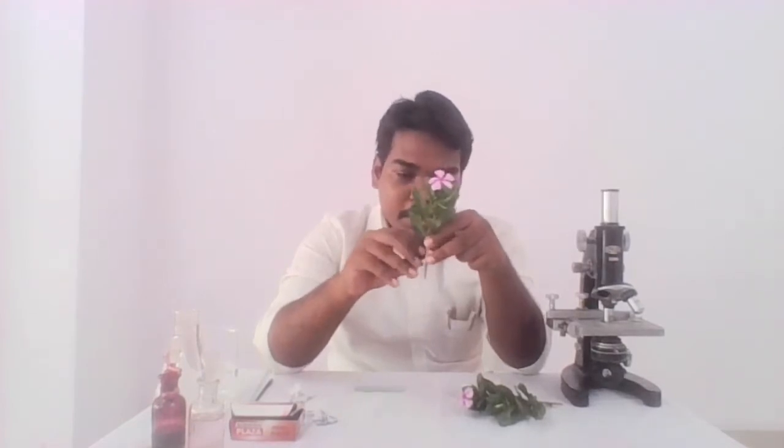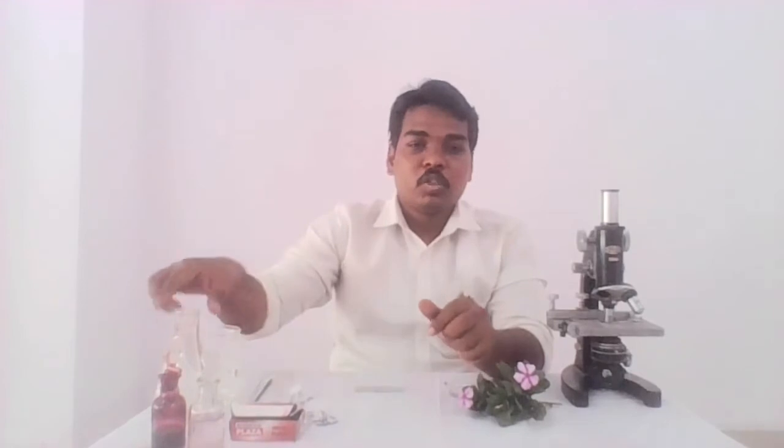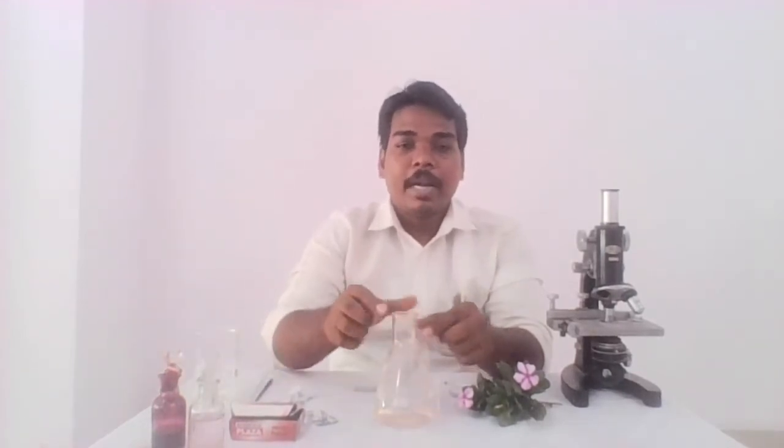First of all, take the sharp blade and a fresh twig of any plant and give one oblique cut to the end of the stem part. Now I am going to give the oblique cut to this stem part. You can see here I have given the oblique cut to this stem, and now we require the colored solution made with the stain.